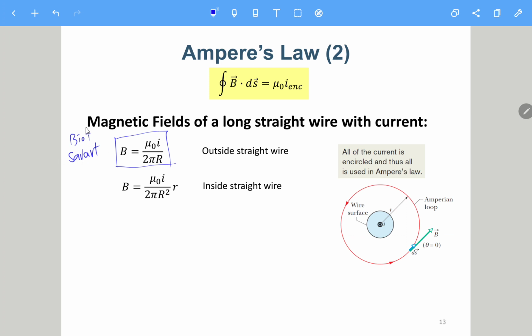Similarly here, we use the Biot-Savart law. We cut the wire into small pieces. Every piece generates a B field at a point, and then we add them together. This is what we did last time. Here, we use Ampere's law to get the same result with just a few steps, one or two steps. It's just like in chapter 23,